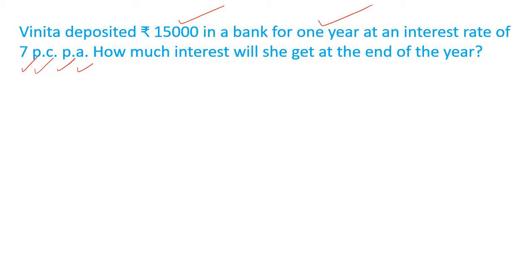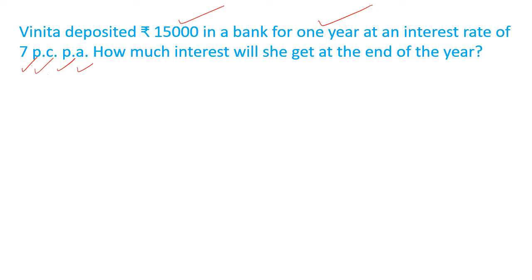Some amount of money is deposited for a particular time period. Here, Vinita deposited for a particular time period. The question is: at the given rate of interest, how much will she get? If it is 100 rupees, how much she will get is given. So naturally we will compare with 15,000, to see how much will be received. We have certain techniques for that. Before that, we should understand the question very clearly.